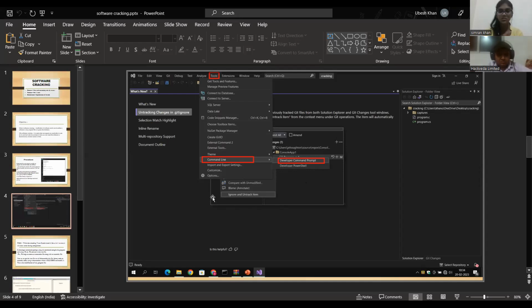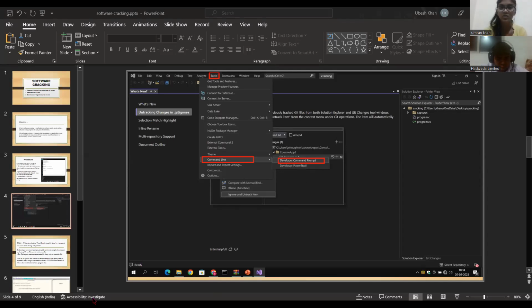When you simply search developer command prompt on your search bar, it will automatically appear like this. Here I have got my developer command prompt. So using this developer command prompt, now I will convert my .c file into .exe file. For that, first of all, I will change the path. Let me check where this is the path where I have saved my file. Simply copy this, and we have changed our path.